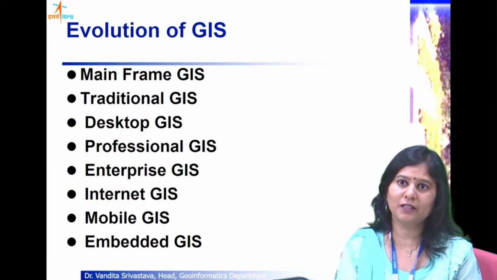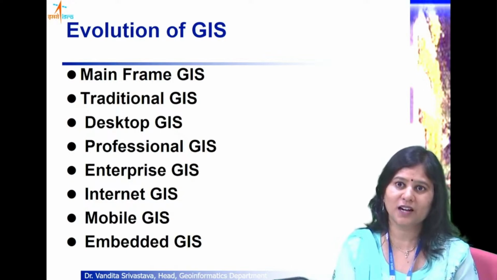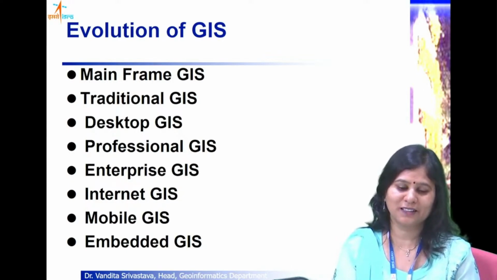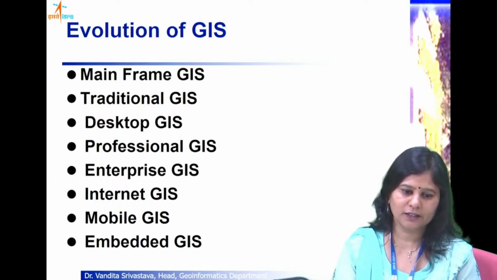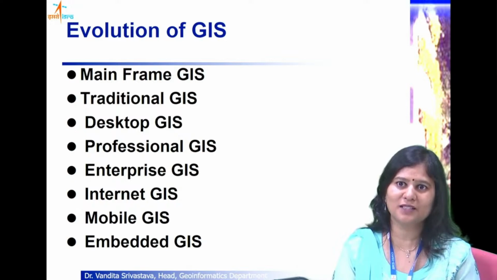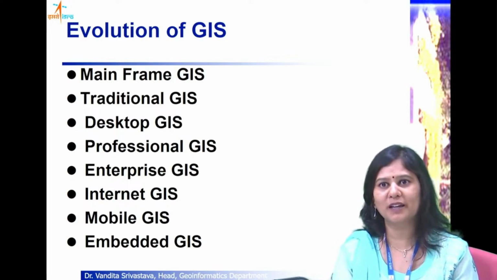Even the navigators in the sea who would require to move from one place to another place in the sea found it very difficult to navigate, so they started with using, first of all, stars, and then various types of projections were proposed. So Mercator projection came up. After that, slowly GIS evolved, and GIS initially was in a very big, huge size called mainframe GIS, wherein